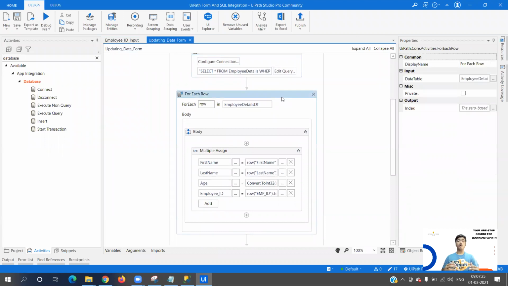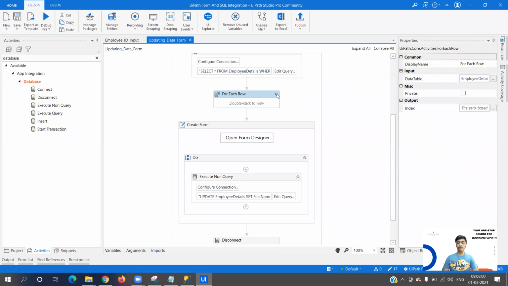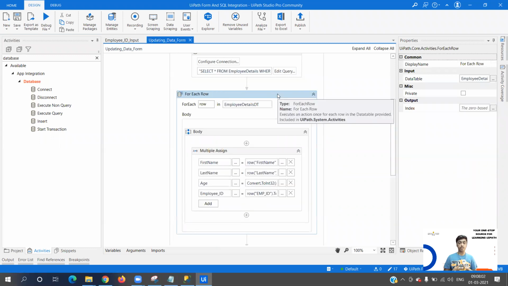Then I'm using for each row because I want to pass each of the data into my form, into each of the individual and different fields. So I have 4 columns in the data table and in the database as well, and I will be having 4 fields in the form as well, out of which one will be disabled, that is employee ID, and the rest of those 3 will be enabled. So what I'm doing is I'm assigning the variables that particular value: row of first name dot toString, last name dot toString, then age, I'm converting it to int32 toString, and then the employee ID, right? So this is how we have fetched all the values from the database that we want to display to the user. Now the updating part is left, which we will see now.